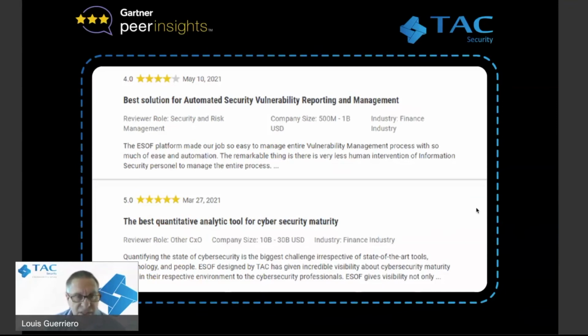The one on the bottom is a similar type of client. They're in the financing market, and the same success story applies: they had a challenge to understand and wanted a more efficient tool than what they already had. ESOP provided that efficiency and the ability to detect and understand where their threats are and where they were coming from, providing the proactiveness that our solution delivers. Next slide, please.